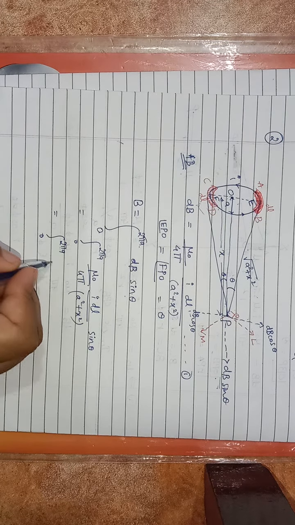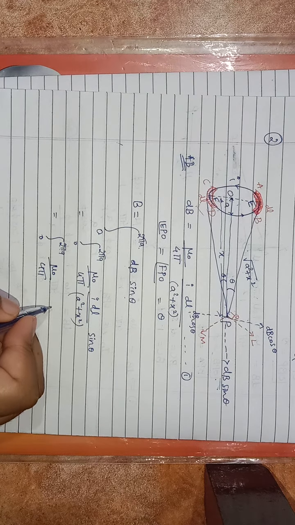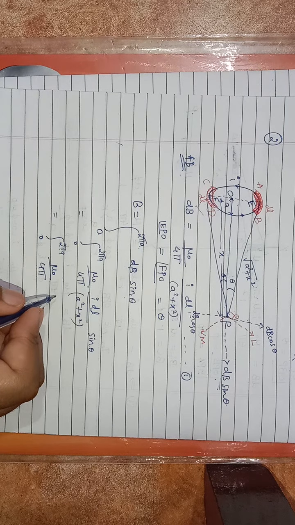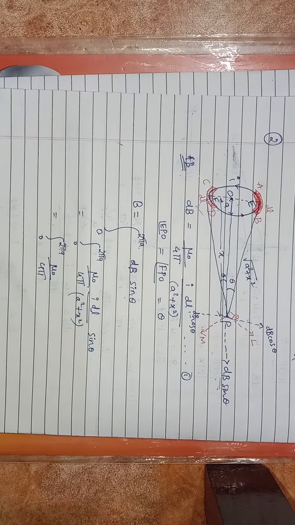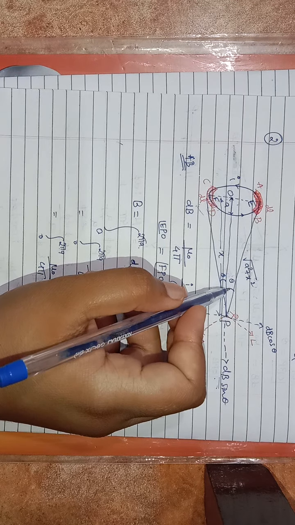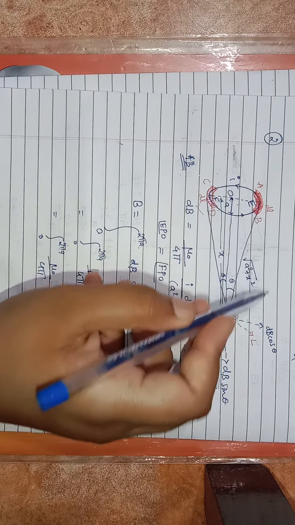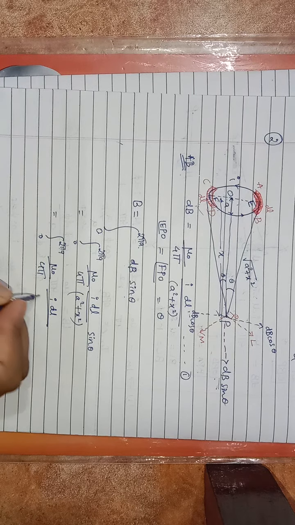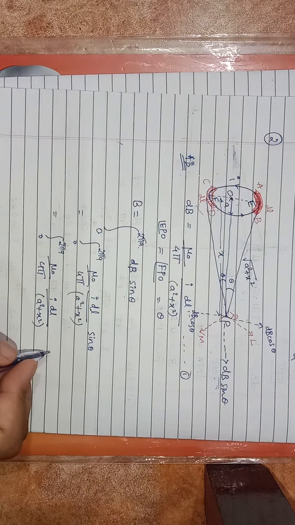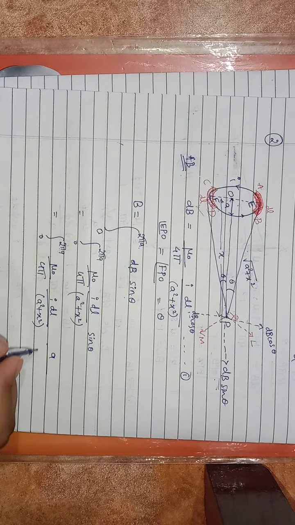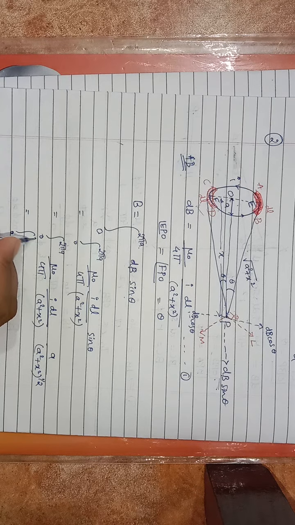0 to 2 pi a is there. Mu naught upon 4 pi is obviously one constant. Okay, so can you write here the sin theta value? Sin theta is nothing but what? Here sin theta is equal to opposite upon hypotenuse, a divided by a square plus x square raised to 1 by 2. So I dl, a square plus x square, sin theta value is a, this is the radius, a divided by square root of a square plus x square, a square plus x square raised to 1 by 2. So what does it become? 0 to 2 pi a